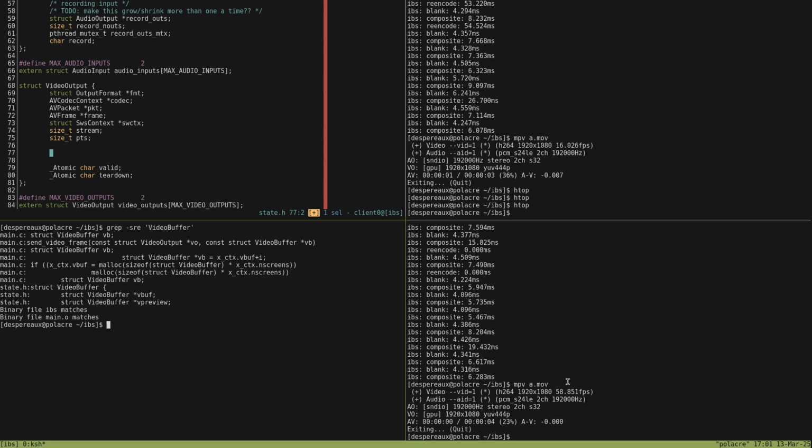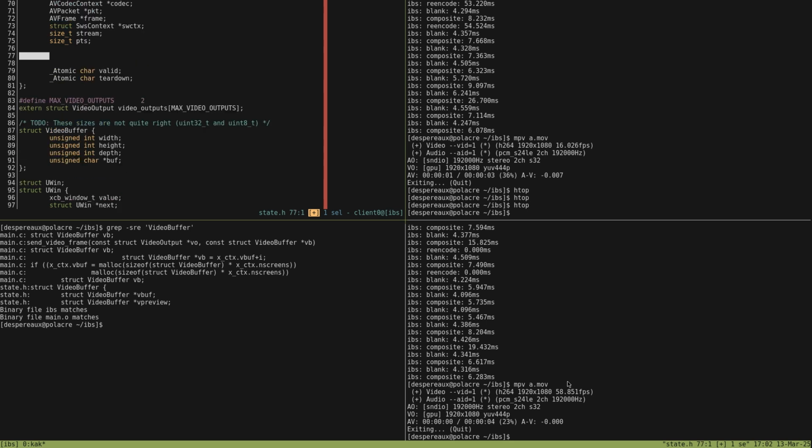The thing I want to avoid is another copy. I would like to just write directly into the queue. And I might need to have a mutex for writing, unfortunately. Let's start writing some code. So here we're going to have, do we have a video buffer already? We don't. So we're going to have